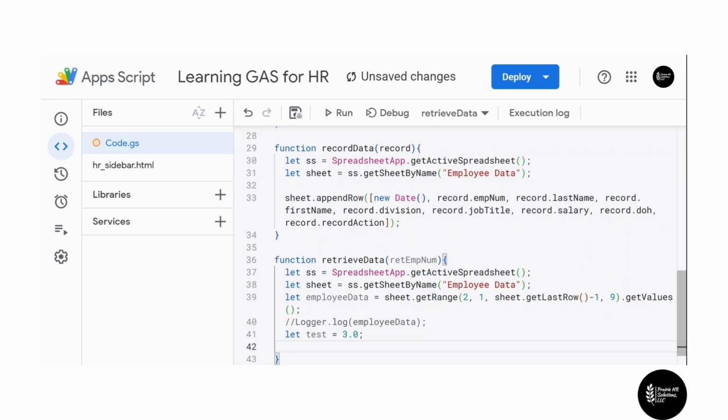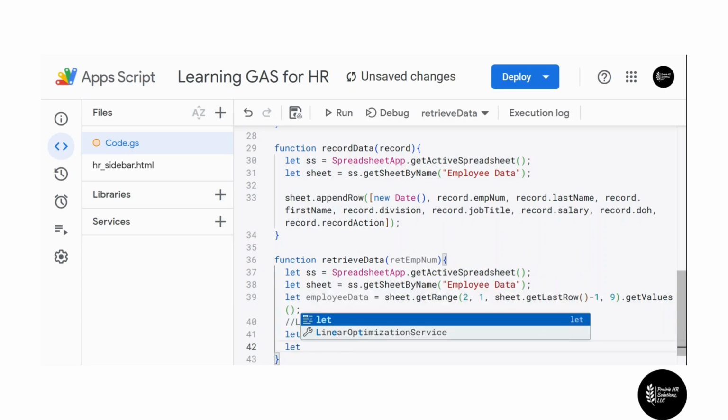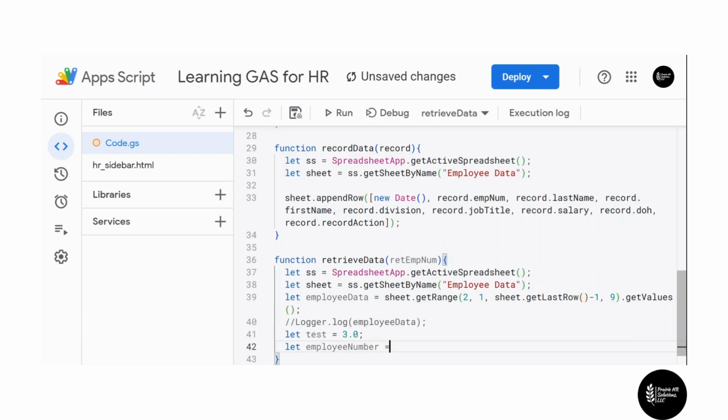And let's take our employee data here. And let's go ahead and condense it down, because remember, it is now a 2-dimensional array. Let's condense it down to a 1-dimensional array. We'll do that by declaring another variable. Let's call this employee number, not employer. Employee number. And let's map this employee data